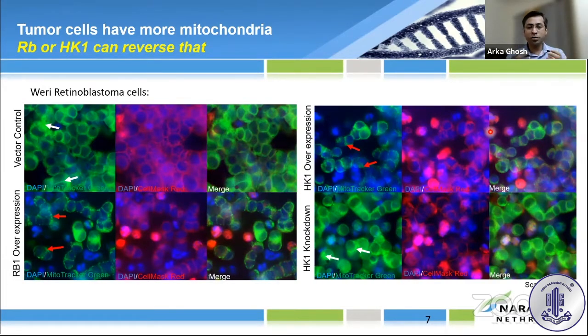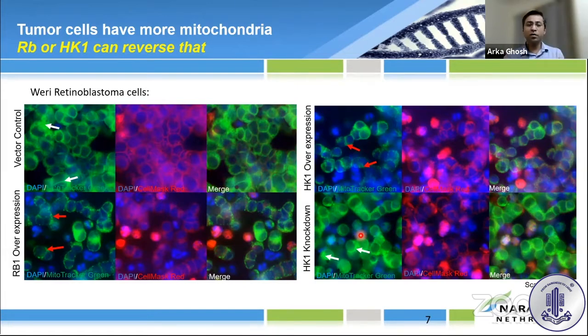So when we talk about metabolic reprogramming, it's all about producing energy. So now the tumor cell wants to produce a lot of energy so that it can grow rapidly. So if you look at these cells, so these are the grape-like clusters that the retinoblastoma cells make. And you can see this green, green is the staining for mitochondria, which produces all the ATP in the cell. It's the powerhouse of the cell. When you add back retinoblastoma gene, then these green signals go down. When you add back hexokinase, you see the same thing. The green signals go down.